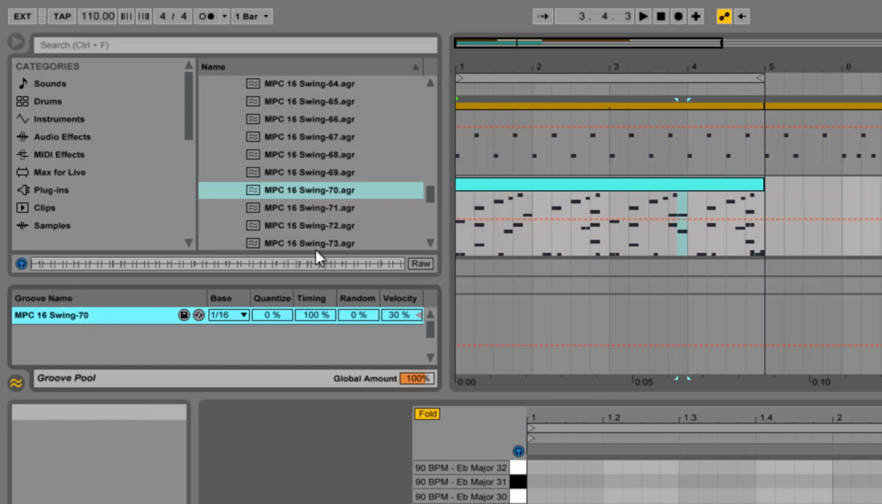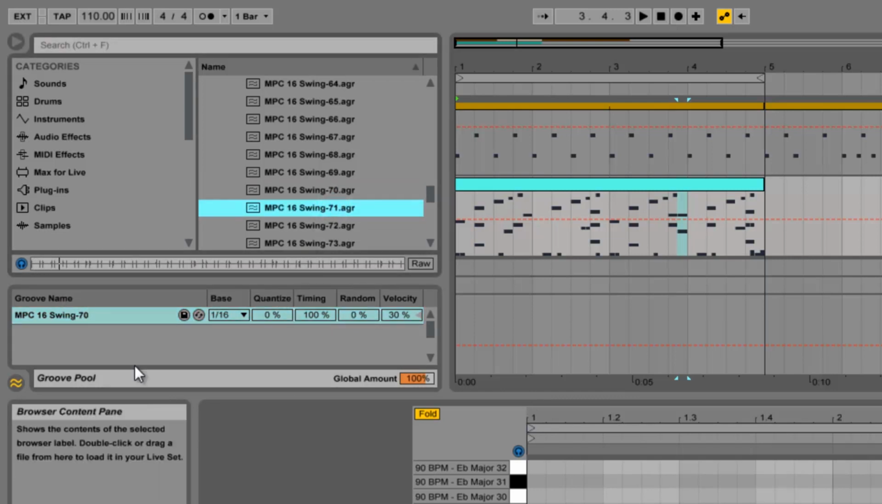So now, you can see that the timing is set to 100% and the velocity is set to 30%. So what is it going to do? It's going to quantize the notes. It's not going to change the length of the notes, it's only going to change the timing. And it's going to make sure that the timing is going to fall exactly on the timing that is saved inside this